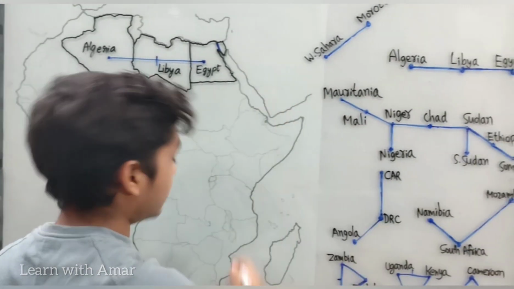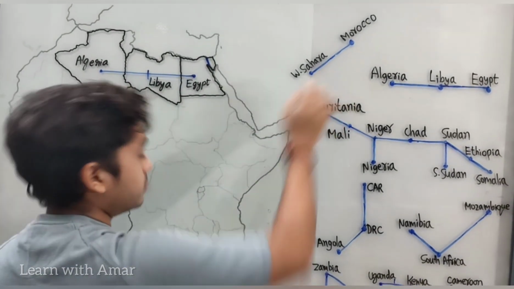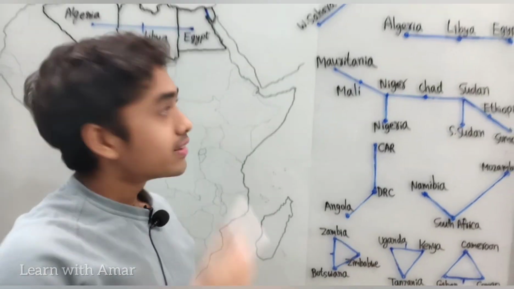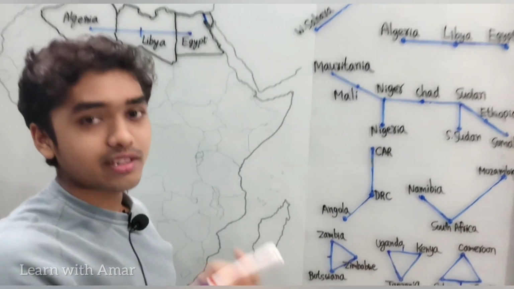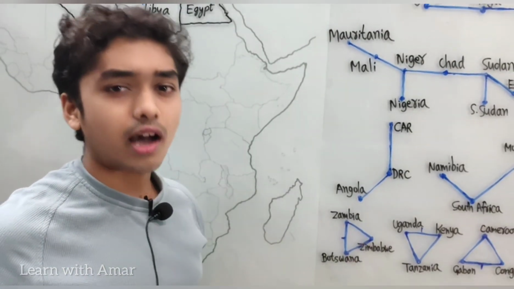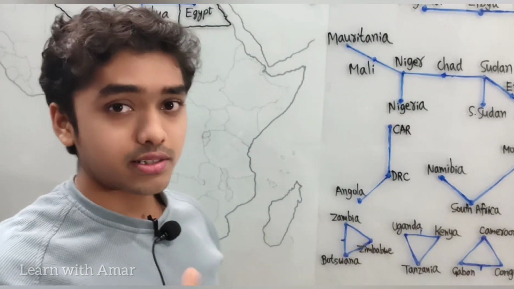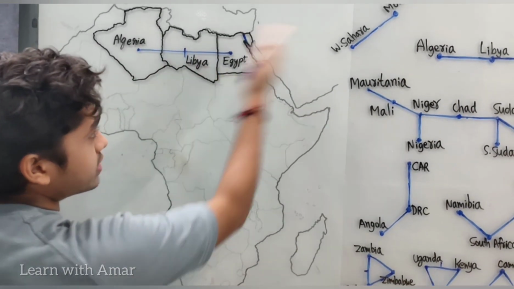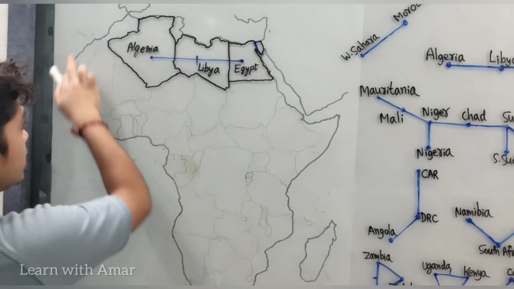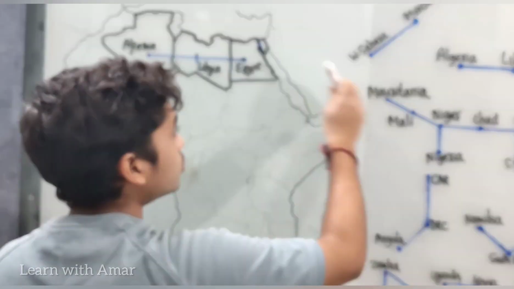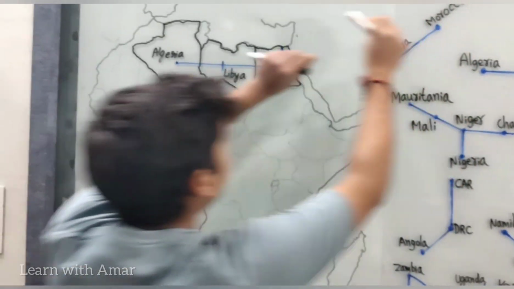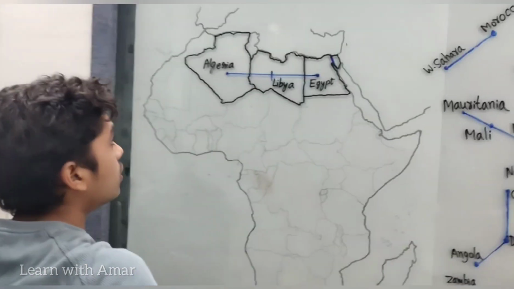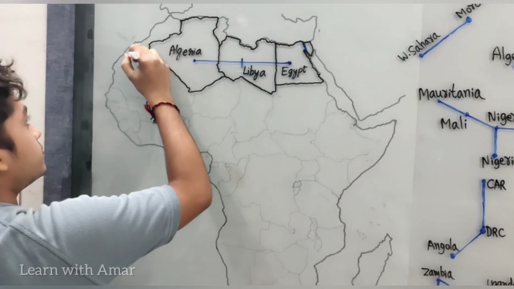Now let us look at another stick figure. We have this one, Western Sahara and Morocco. So which one of these is familiar to you? The name of Western Sahara already suggests that it is situated to the west of Sahara. Now where is Sahara situated? Sahara, the largest desert in the world, is situated in North Africa in this region. So Western Sahara is situated to the west of Sahara in this region. So what do we do? We take this stick figure and place it here such that Western Sahara is situated in this place. So if we just draw that in this place,